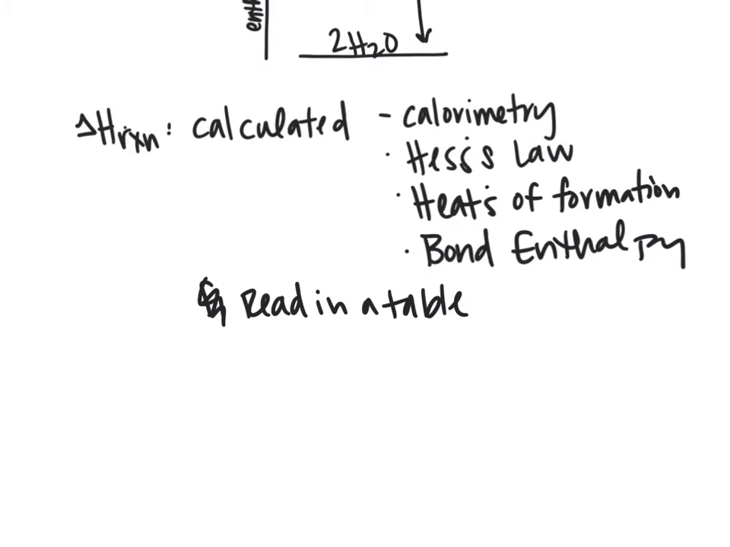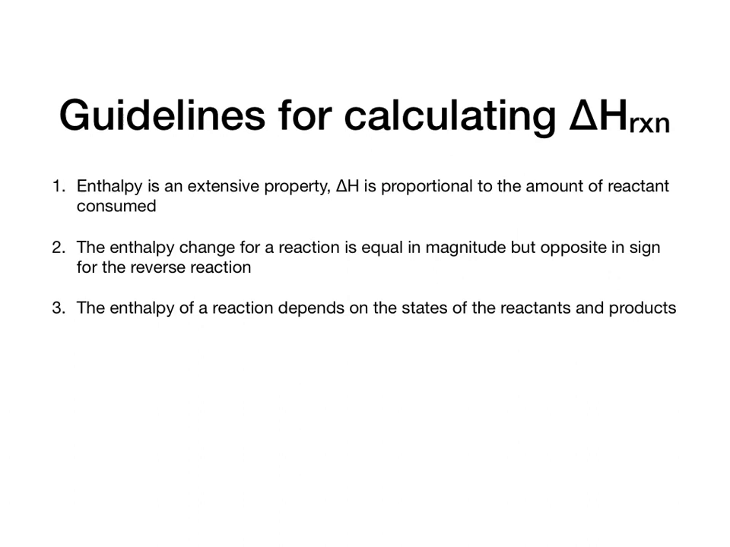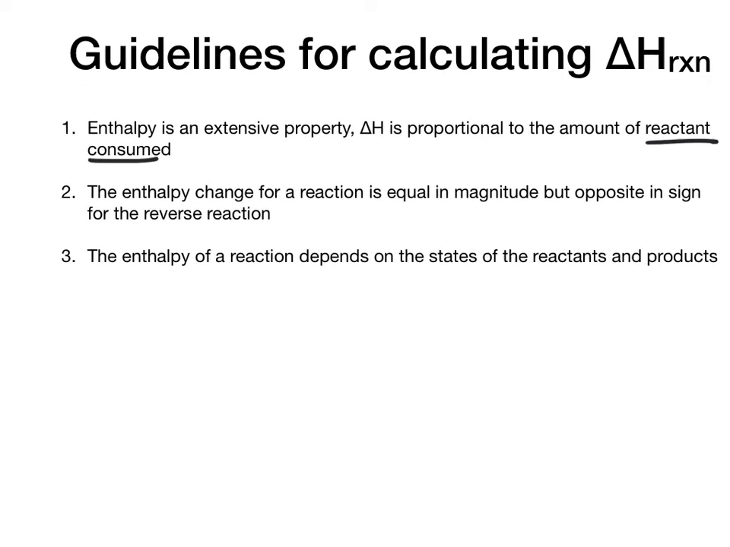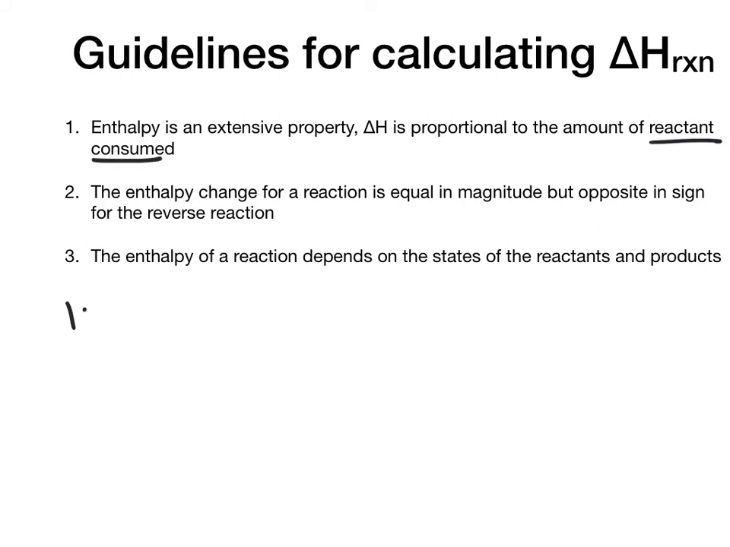So when we think about doing that, there are a couple of things we need to remember. So we have some guidelines. Enthalpy is an extensive property. So delta H is proportional to the amount of reactant consumed or product created. It doesn't matter how you think of that. So for step 1, this basically means if delta H